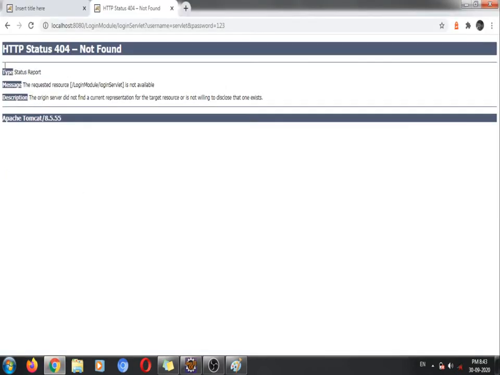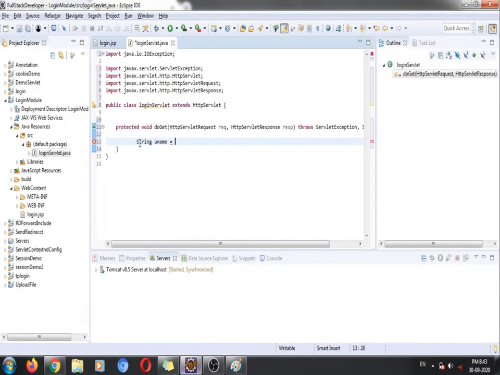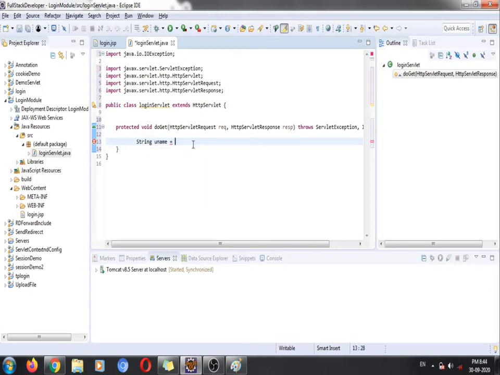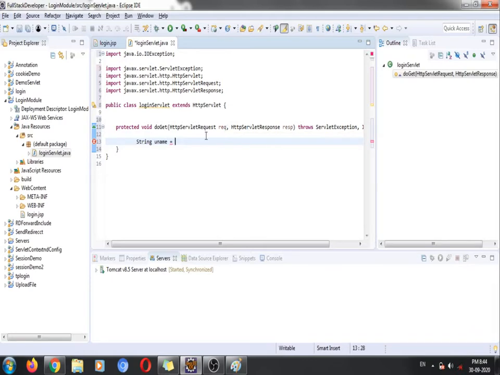Now we need to take these fields. What we are expecting is the username field and password field values. For that I have declared a string uname, so I am going to take those things into the uname. Here HttpServletRequest and response are the objects provided by Tomcat, so I am going to use those.